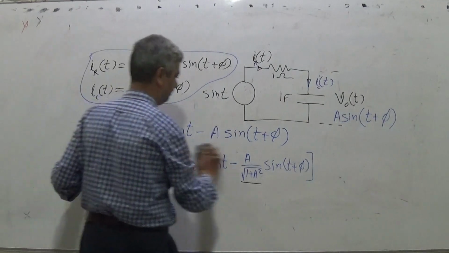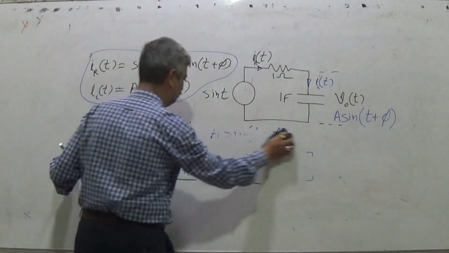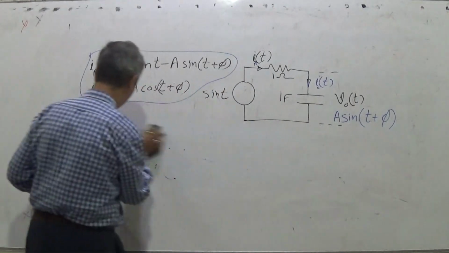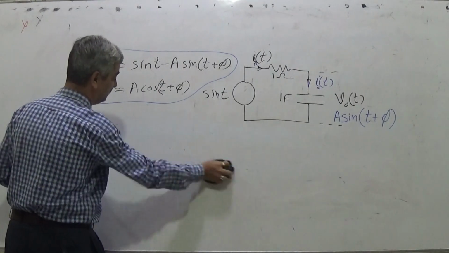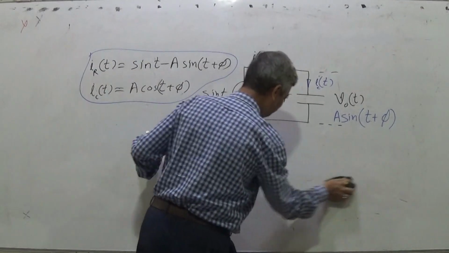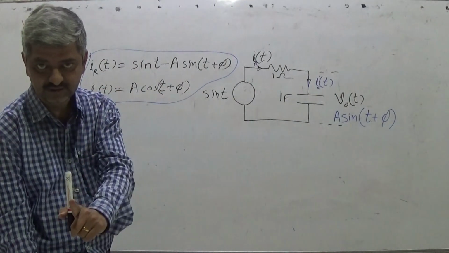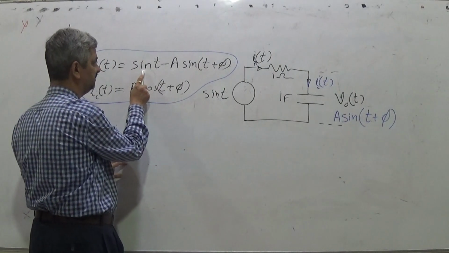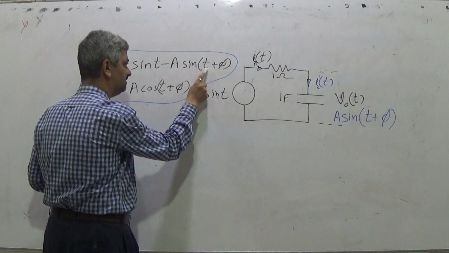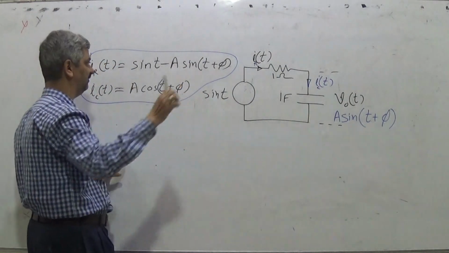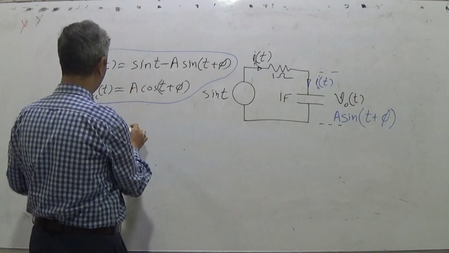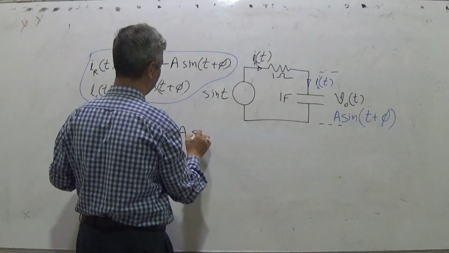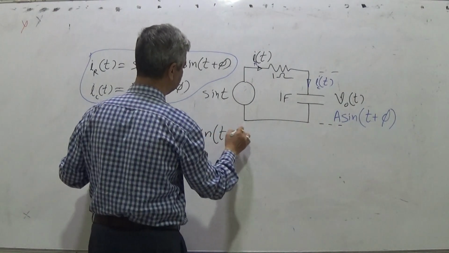So this may not be appropriate, so you need to work. See, this is very simple, but I am not getting to it because the procedure is longer. Result is known, procedure is long. What is the result? One sinusoid plus another sinusoid of the same frequency has to be a sinusoid of the same frequency.